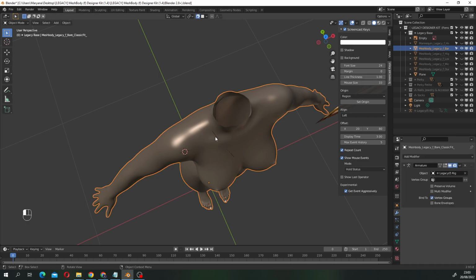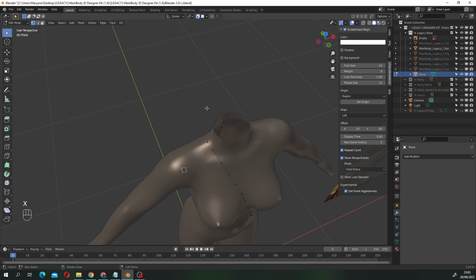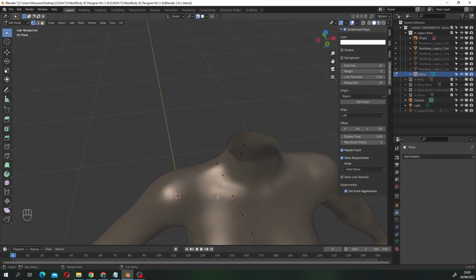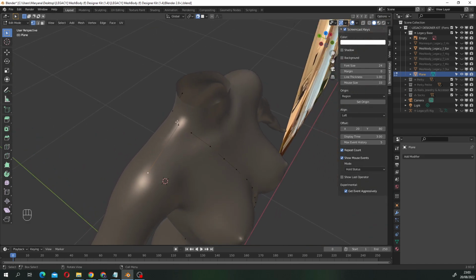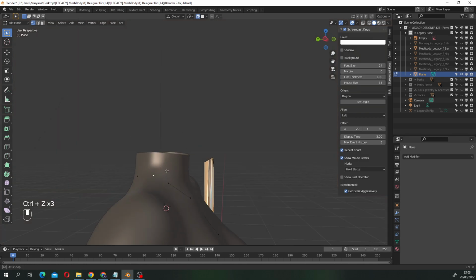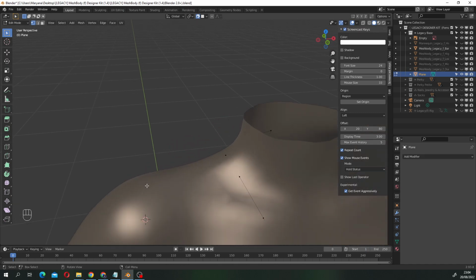If I don't have any vertex selected and I press Ctrl, it's going to create one for me. If I do have one selected and I press Ctrl and use the right mouse button, it's going to create an edge and a vertex at the place where I have my mouse. I don't want that, so I will make sure everything is unselected and then press Ctrl